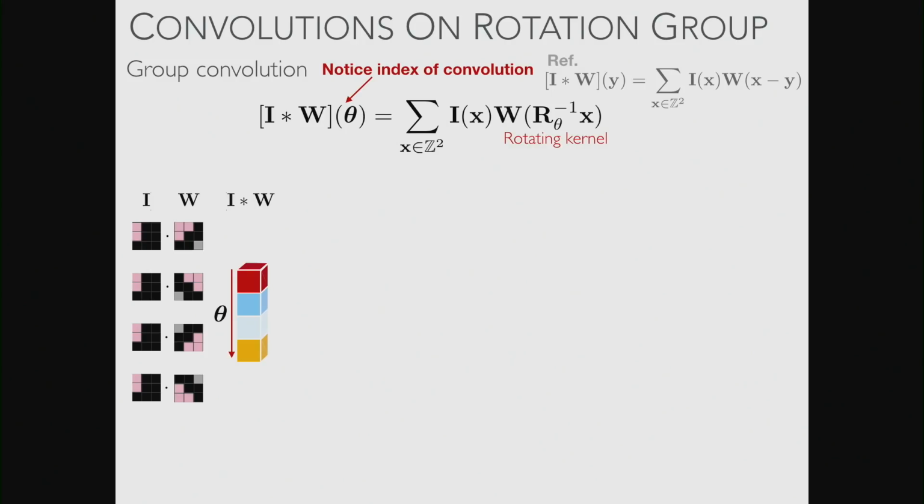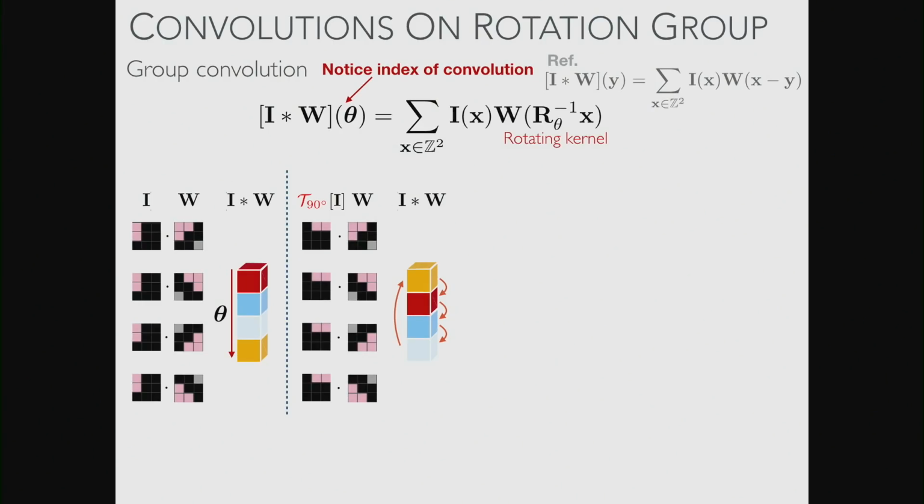Now, the really fun stuff happens when I start to transform my input, I, which is my image. Hopefully you can all see this: I've taken I and rotated it by 90 degrees, and what's happened is that it shifted the responses cyclically. The red pixel has moved down in my response. I've drawn them in a vector just because it's a bit easier to draw. The red has moved down, and so has the blue, so has the light blue, and the yellow one has popped off the end and gone back on the top.